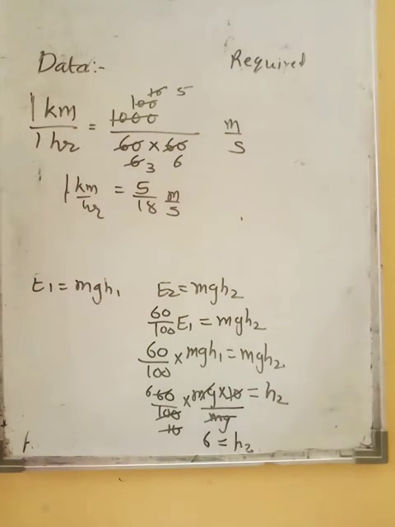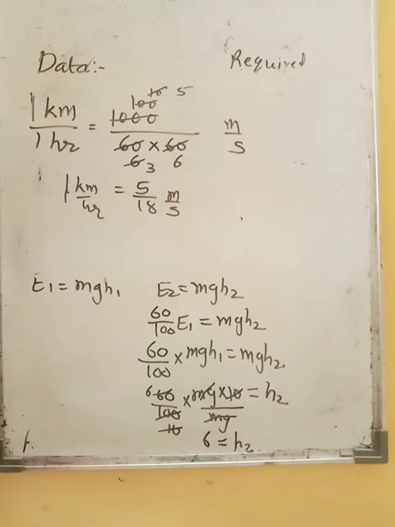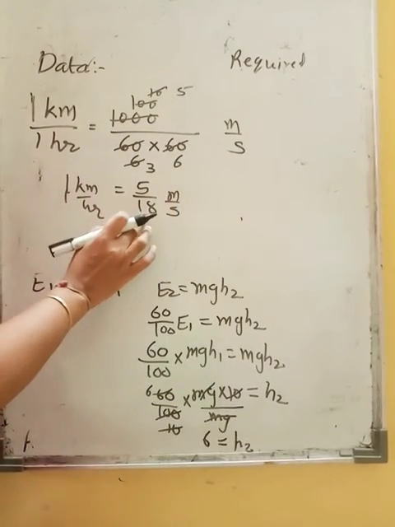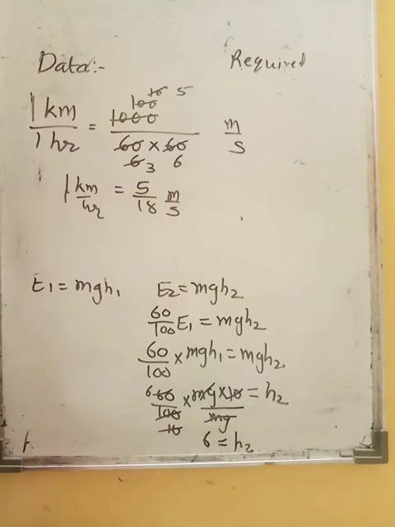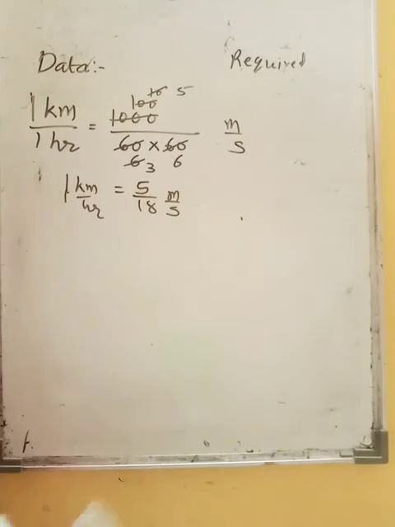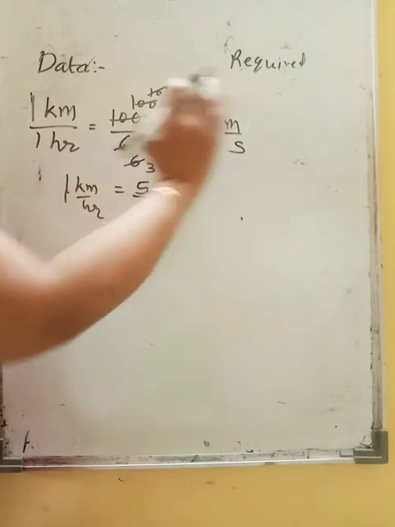तो जितना भी हो, चाहे 72 जितना भी उसको 5 by 18 से मल्टीप्लाई कर देंगे. गॉट इट? सो ये मल्टीप्लाइंग फैक्टर आपको एक बार याद हो गया है कि जो भी आएगा उसको जस्ट यू हैव टू मल्टीप्लाई बाय 5 by 18. यू कैन टेक डायरेक्टली द आंसर इन मीटर पर सेकेंड. तो ऑलवेज व्हेनेवर द स्पीड इज गिवन इन किलोमीटर्स पर आवर, दिस इज व्हाट इज दिस. तो आपको ये हर बार करने की ज़रूरत नहीं है.